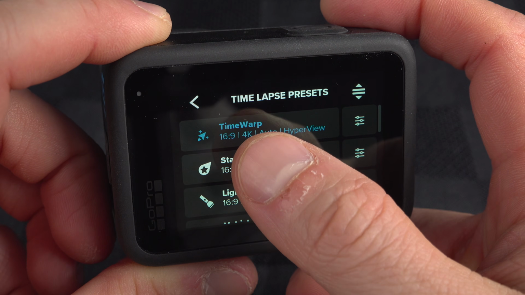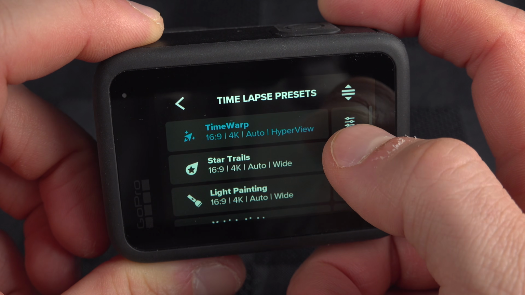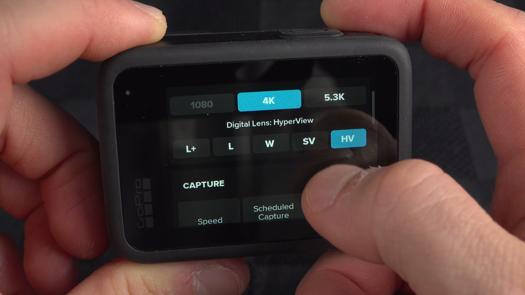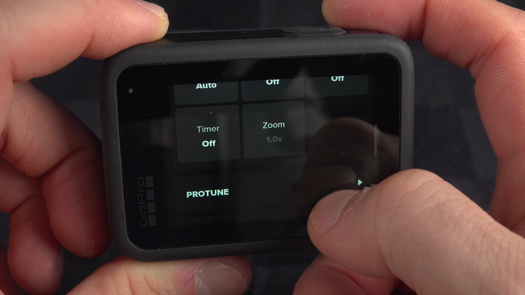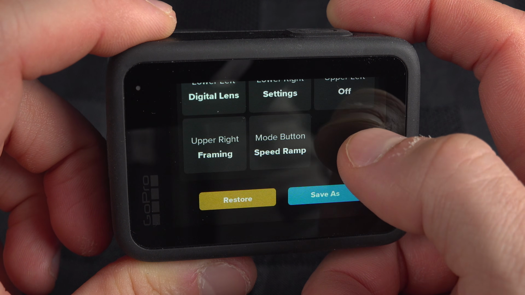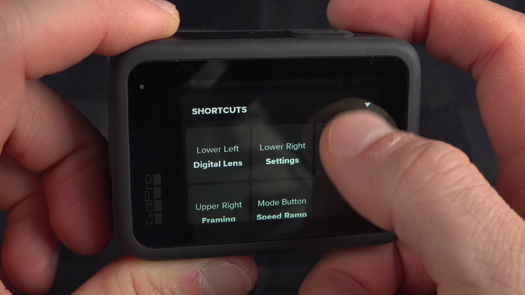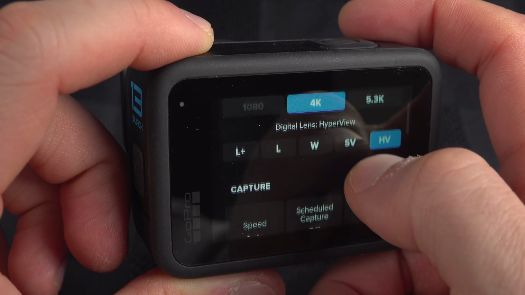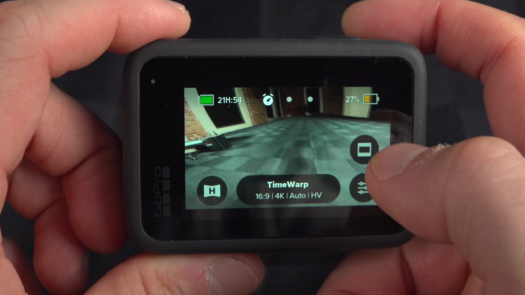To adjust it, you see we are in time warp. We need to press that menu button just beside it. And we have access to features, but I don't know why, the time warp is more limited in the options. We really want to deep dive into it. So this is why I prefer to use the